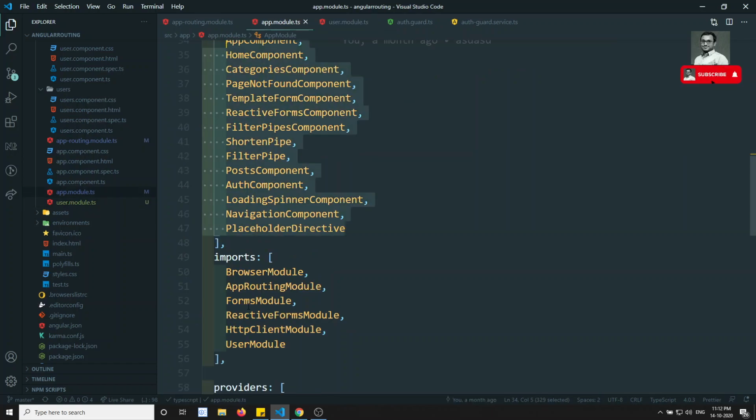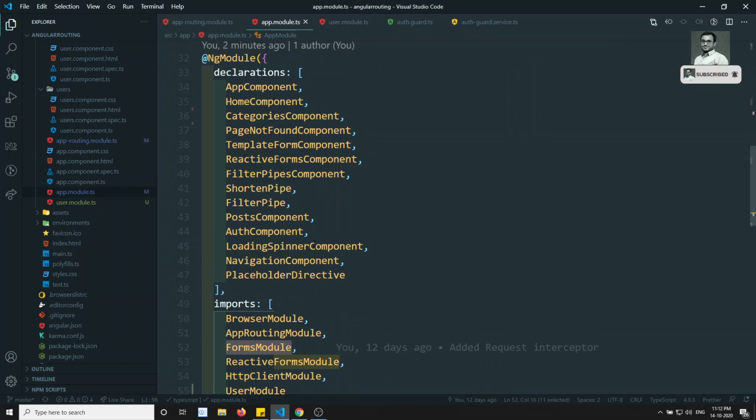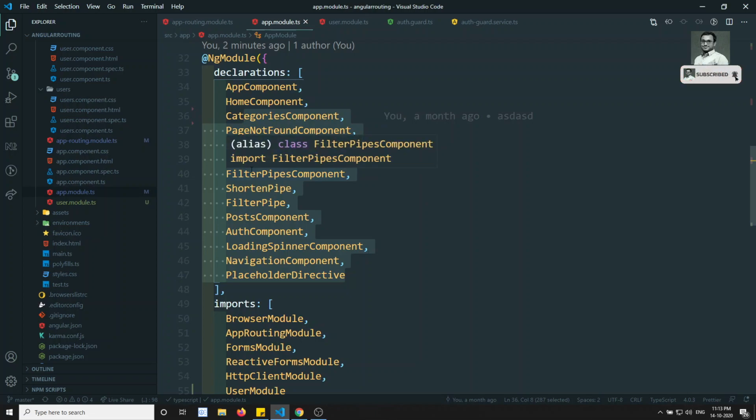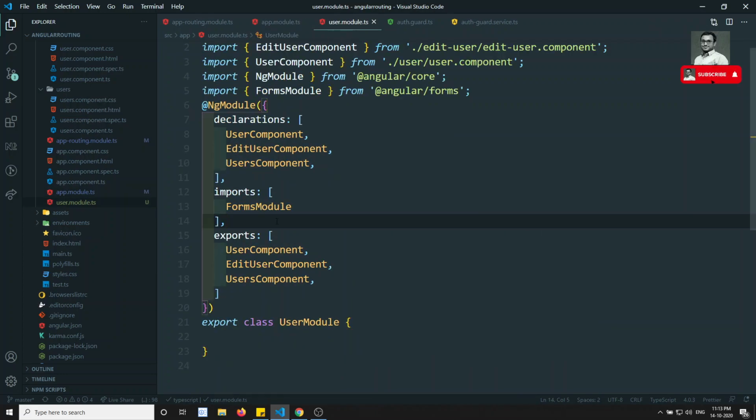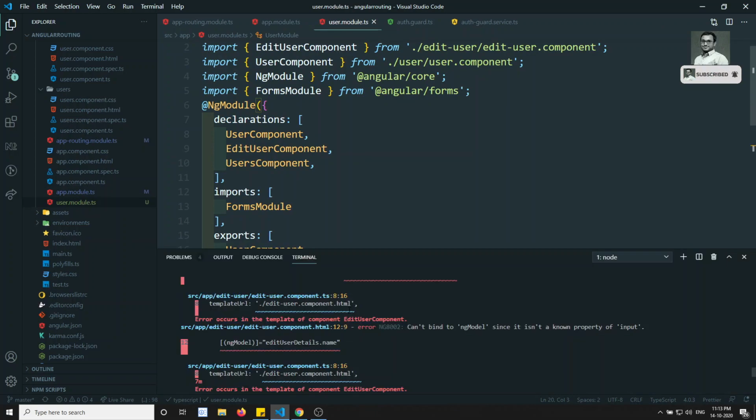Here, in the app module, we have used the forms module too, right? So here we will be using this one. Tomorrow, if all these components are removed, meaning if they went into separate feature modules, there is no need to mention this forms module here. You understood my point, right? I think you are able to get my point. Now if I see the errors,